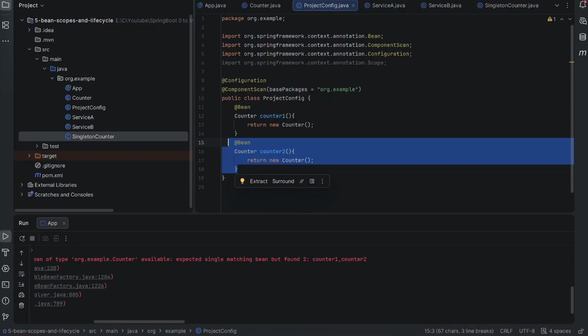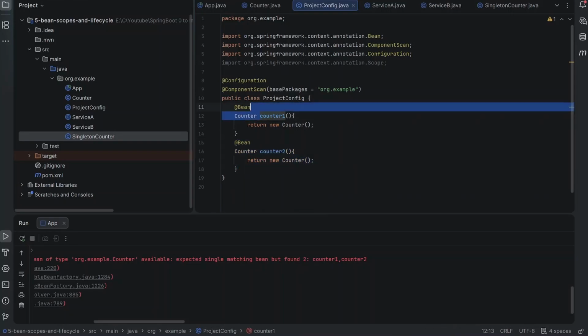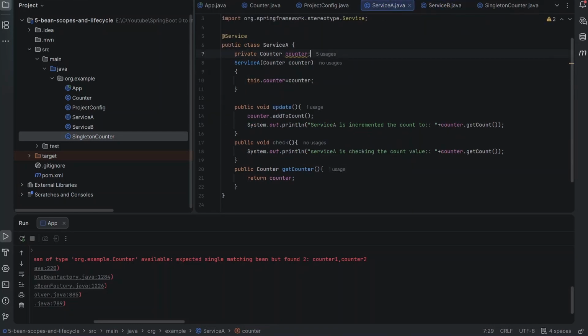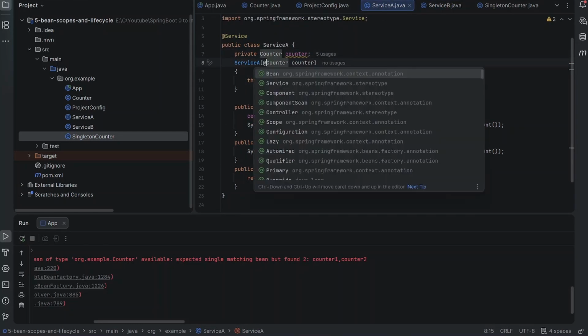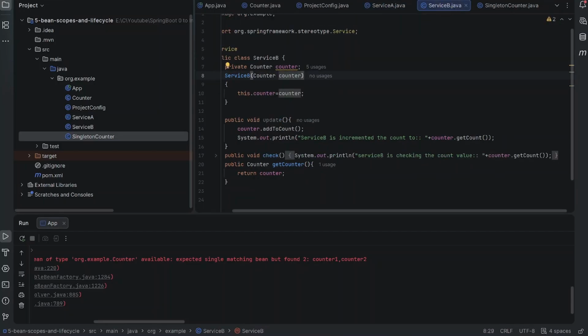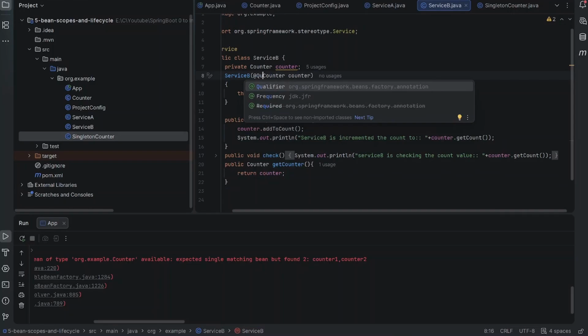Now only one instance of counter1 and only one instance of counter2 is injected into the Spring context, and Spring is not able to decide which counter to use here. So let's come here and specify explicitly with the help of the Qualifier, and let's name it counter1, and in service B let's name it here